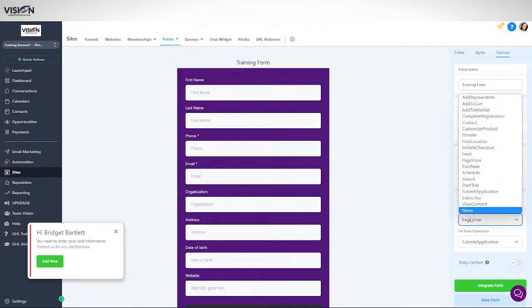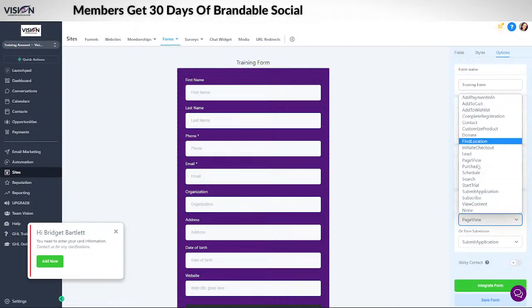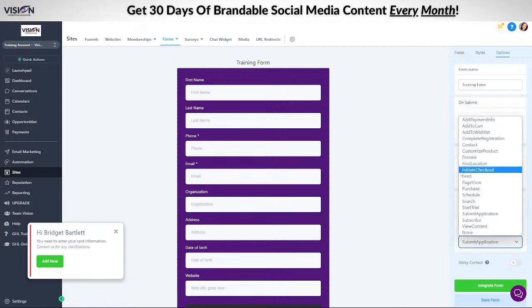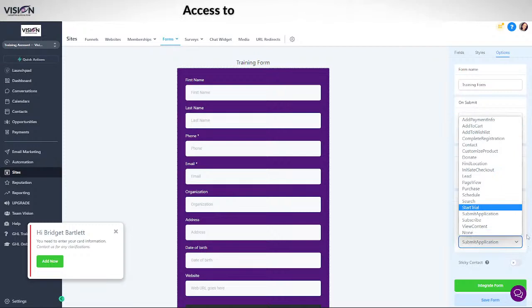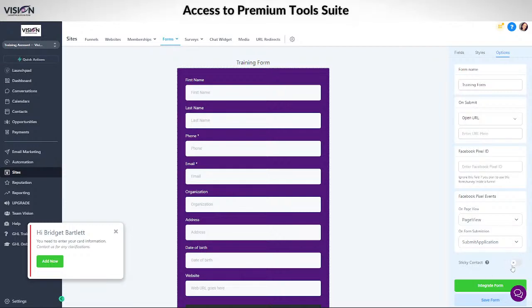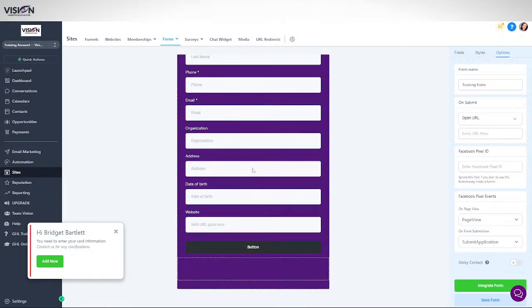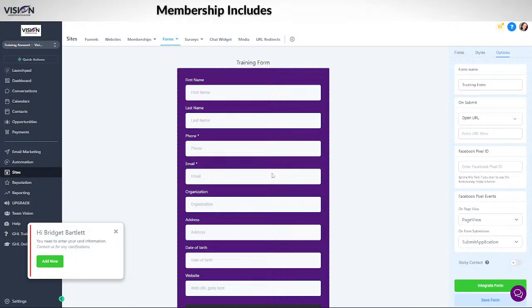So if you want to do like page view or any of these options here, or when they submit an application, you have all of these customizations. This is something really, really cool called sticky contact. So let's say that this is your form for when people want to book an appointment with you. They're going to fill out this form and then they're going to go to your booking calendar. What you can do is check